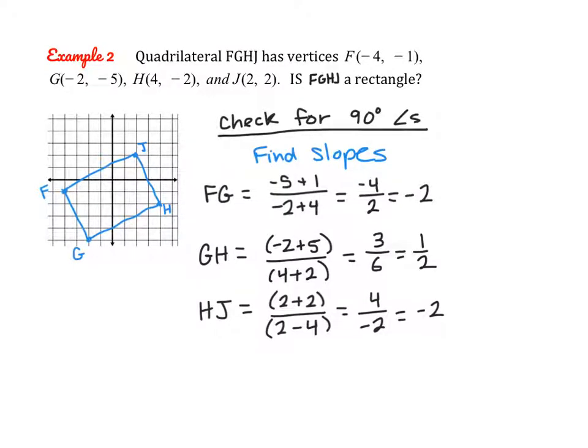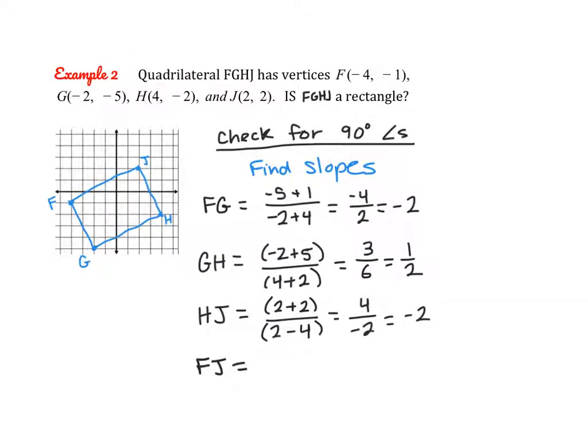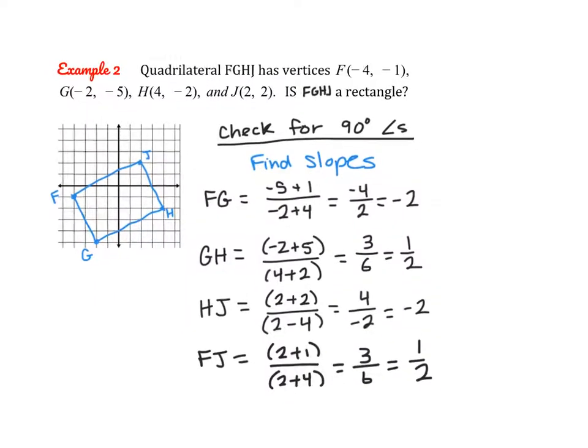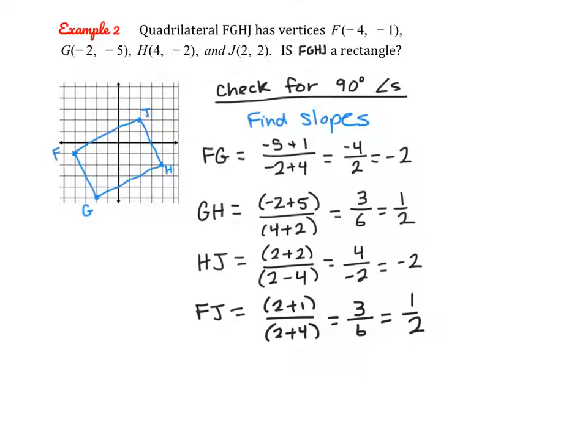So now the last one we need to find is the slope of line segment FJ. Okay, so we have point F and point J. So we can do y2 minus y1 over x2 minus x1. So here we have positive 3 over positive 6, which is 1 over 2. So we can conclude a lot